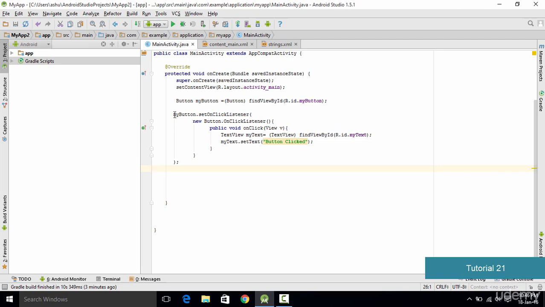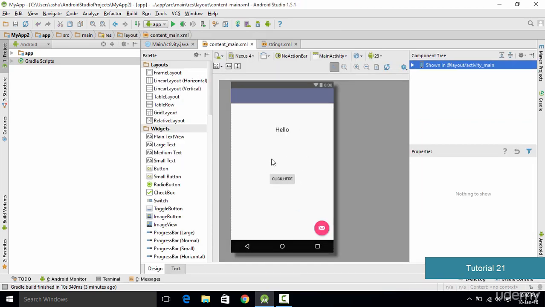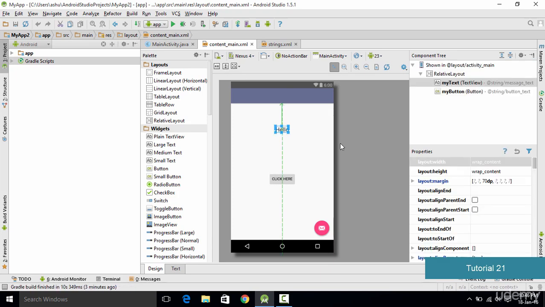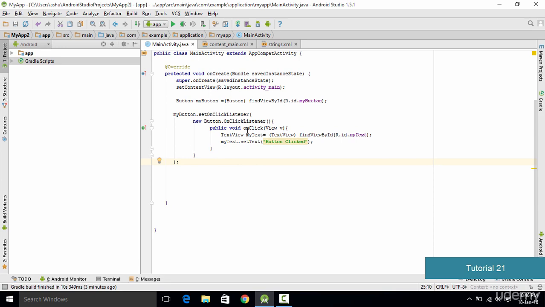So what we had done in the previous tutorial is that we have created the on-click listener, we have created the interface for the on-click listener, and then we have added a callback method into it. So what used to happen is that when we used to click this button right here, the text here would change. Now in this tutorial we are attempting to add one more action listener, and that is going to be